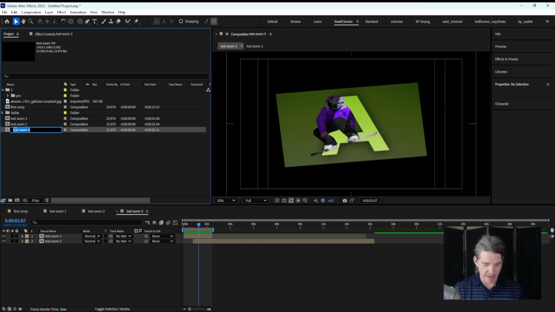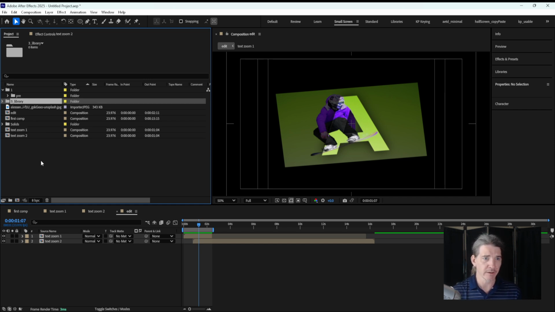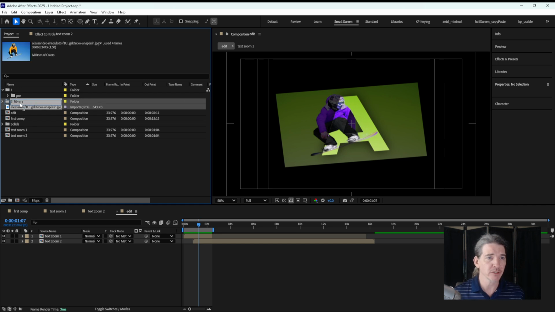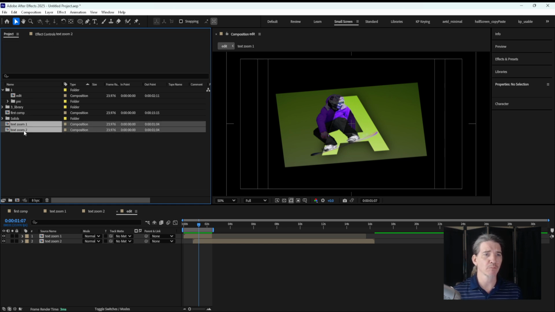And so I might rename this to something like edit. And something I do a lot is create a lot of folders inside here. I use numbers also to help force the organization of it. So I'll put like 3 library, so my image will go inside the library. My edit comp will go inside number 1, and these are basically called pre-comps,